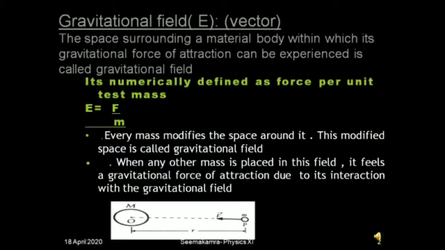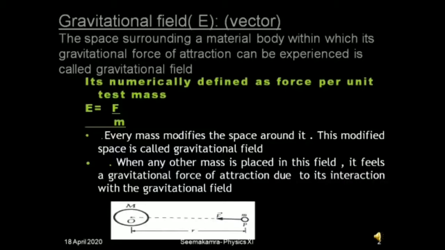the region around any mass is called gravitational field, where any other mass can feel the gravitational attraction. Now here attraction only, no repulsion, because gravity property is only about attraction. So the gravitational field is the region around any mass. How to find this field's intensity or the strength?